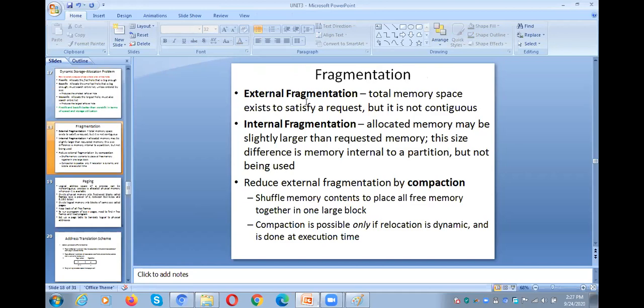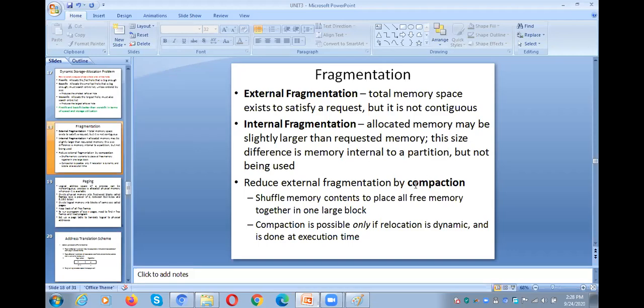And next, what is external fragmentation? The total memory space exists to satisfy a request, but it is not contiguous. In the previous example, the process is 50 kb, but we have no 50 kb partition available in main memory. There is 20 kb at one place, 20 kb at another, and 10 kb at another. They are not contiguous to keep the process. All the remaining 20 kb, 20 kb, 10 kb partitions are considered external fragmentation. So how can we make use of those small partitions? By using a concept called compaction.